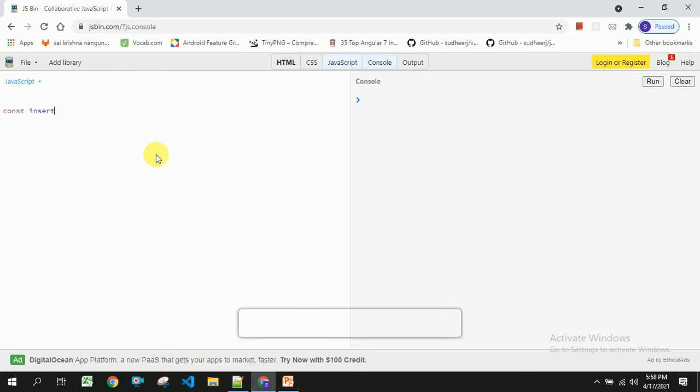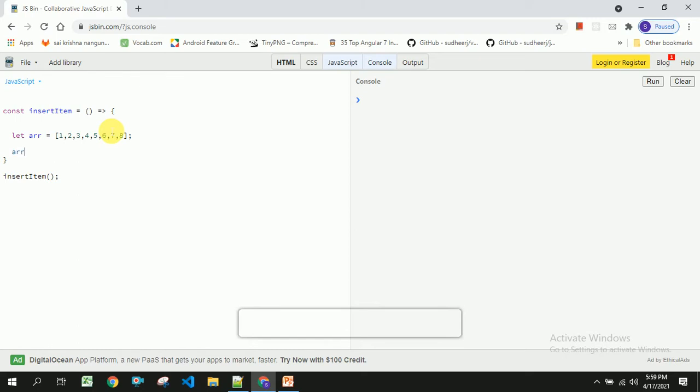So insert item, I am going to call this like this. First I am going to take some array called arr equal to, and now I have to insert some item into this array at some specified index.